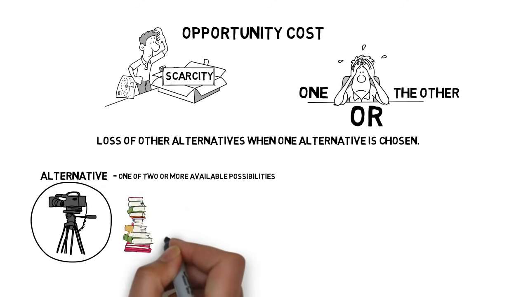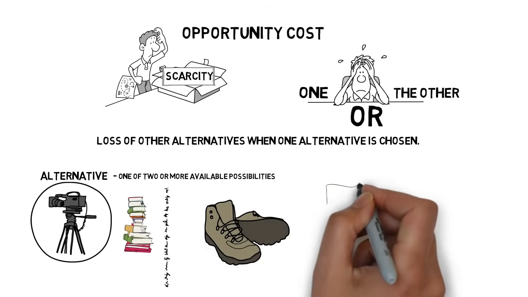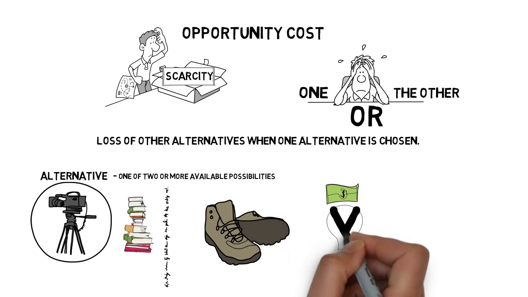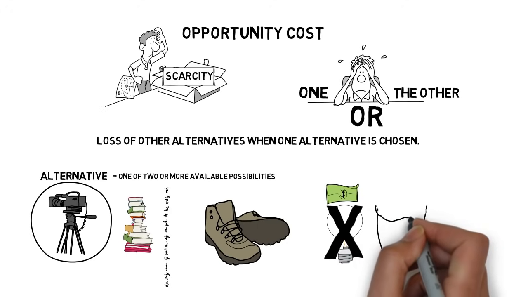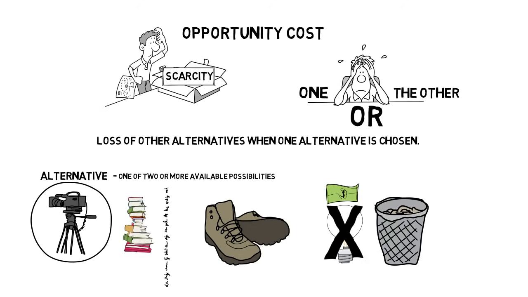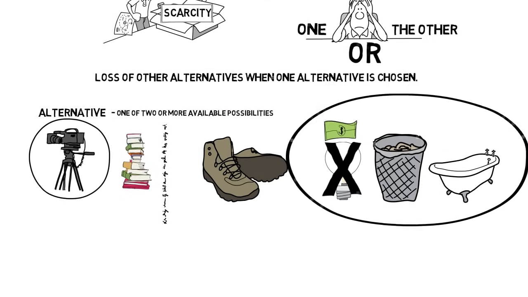Another example will be that you decide to spend £80 to buy some good shoes for yourself and don't pay your electricity bills. The opportunity cost to you is having the electricity turned off, paying some activation fees to get the electricity turned back on, late charges probably will occur, and you might also have some food in the fridge and freezer that will get ruined, because if you don't have electricity, how is your frozen food going to stay frozen in the freezer? And you might also not have hot water to get a shower. So that is the opportunity cost. When you select one, you lose the other option.